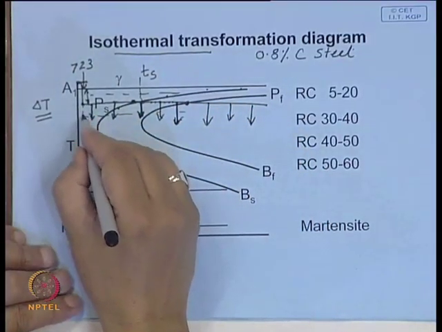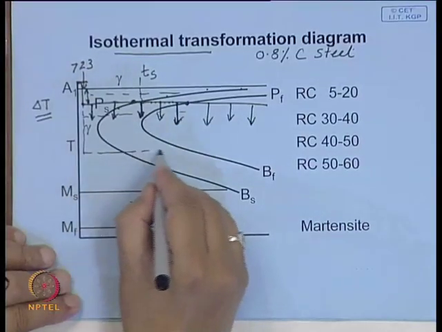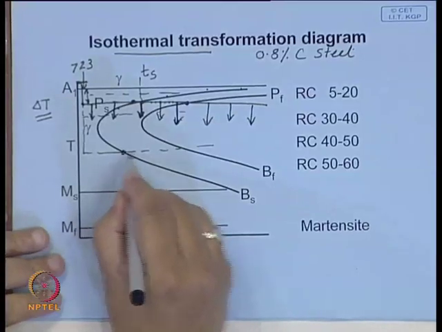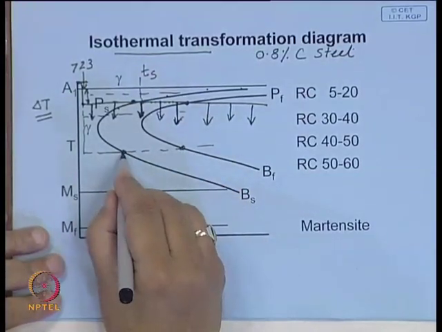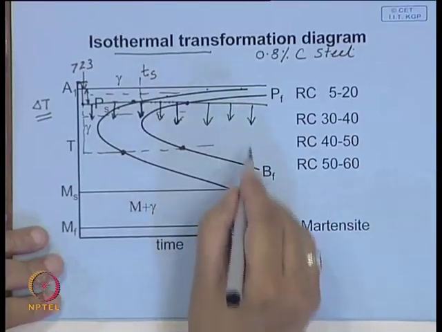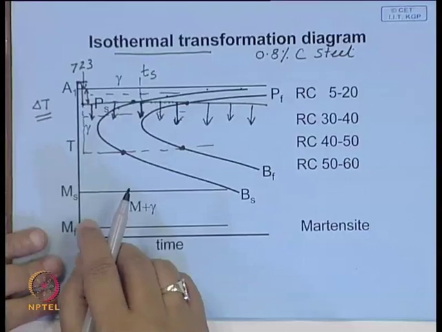Similarly, if you quench it further low you have a different kind. Here you start getting a different type of structure, but nevertheless here also it starts after a particular time and ends at a particular time. So, this is a C type of curve,